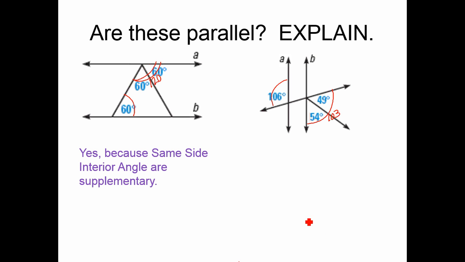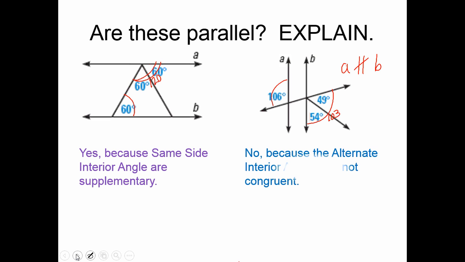No, right? And because those alternate exterior angles are not congruent, we would say that A is not parallel to B. So if this is A is parallel to B, this would be not parallel to B. Okay, A is not parallel to B because alternate exterior angles, this should say exterior, let's fix that, are not